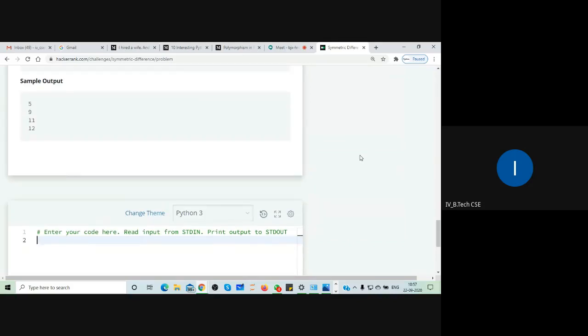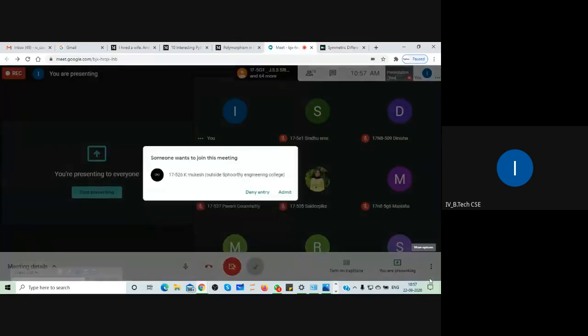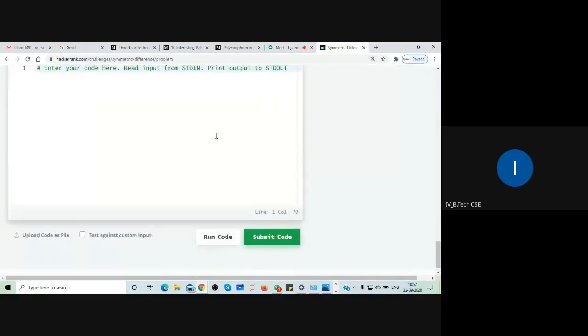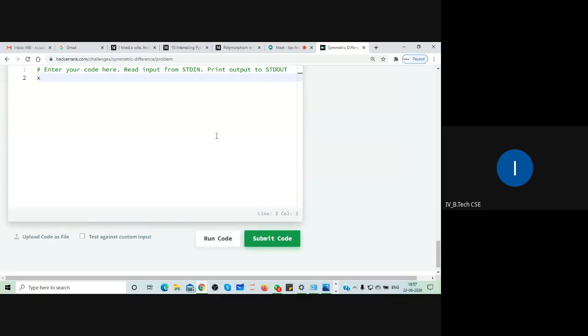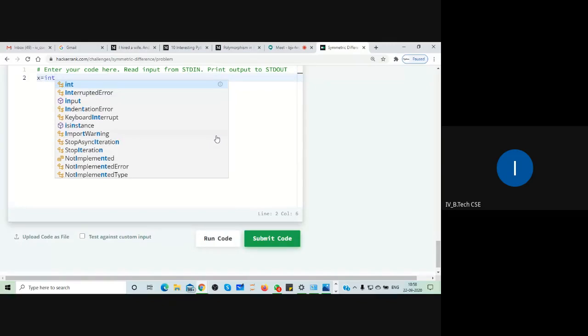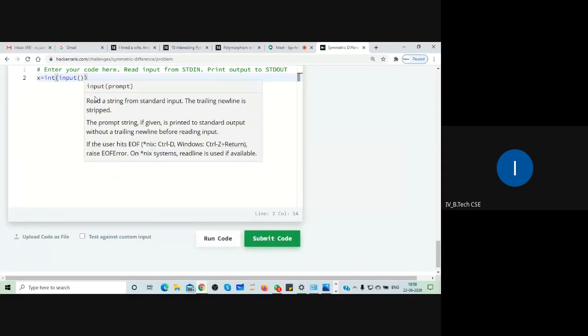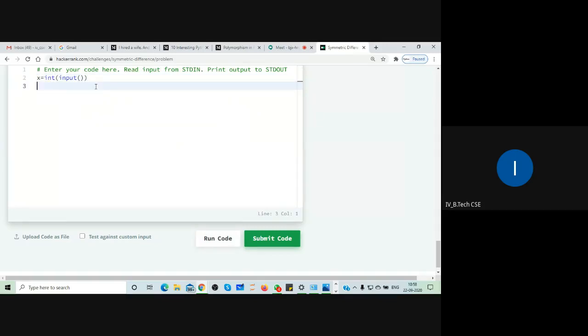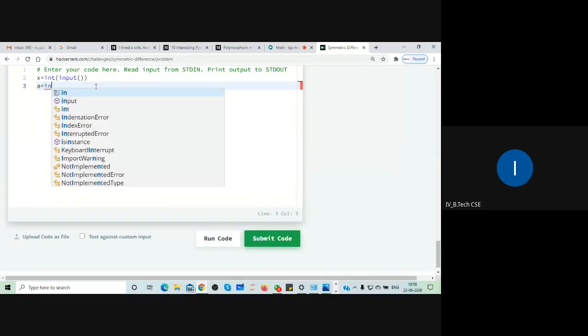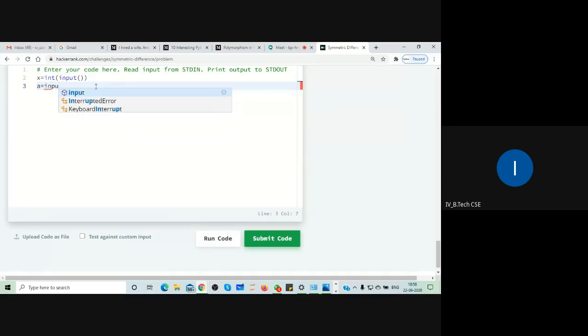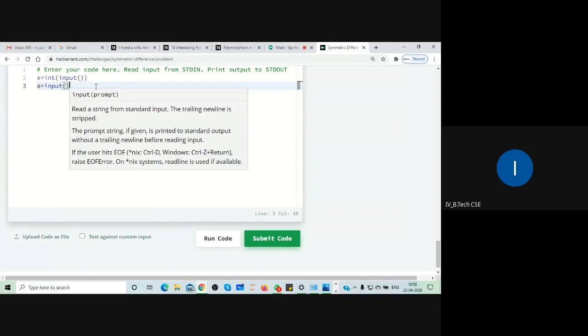So first we have to take A. So x is equal to int input, so A dot split.